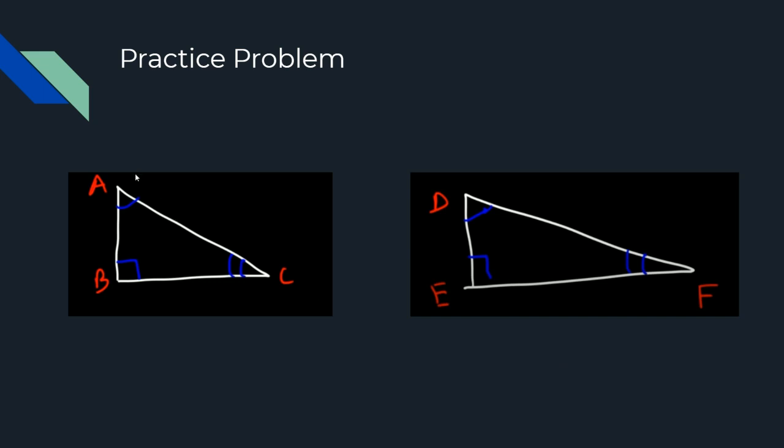So we notice right away angle A and angle D are congruent because it's indicated. We notice that angle B is a 90-degree angle and angle E is a 90-degree angle. So those two are congruent. We also notice that angle C and angle F are congruent based on the two dashes. So we have angle, angle, angle, and angle, angle, angle. Are these two triangles congruent? No, they are not. These two triangles are not congruent because of angle, angle, angle, as seen in this next